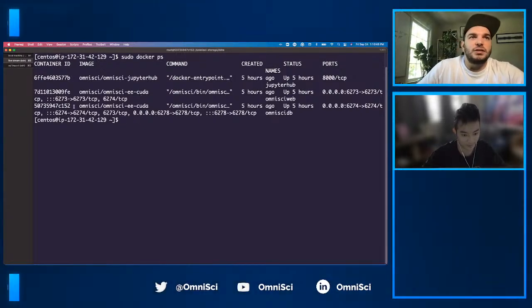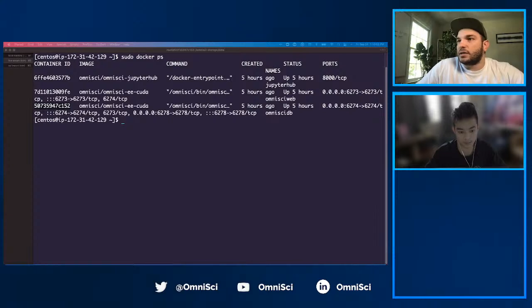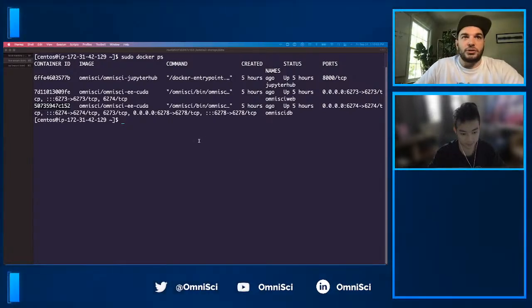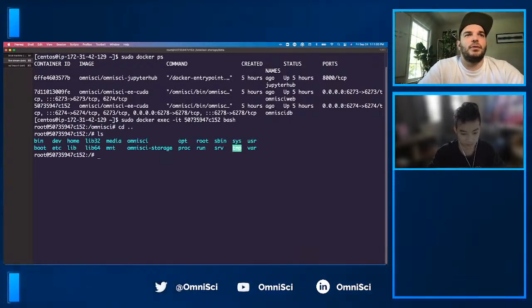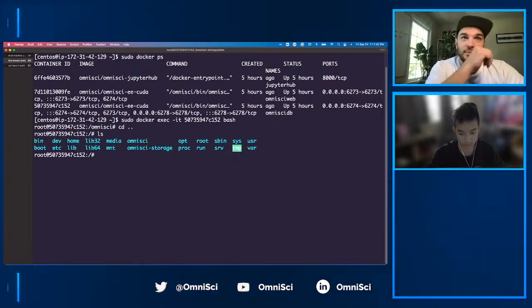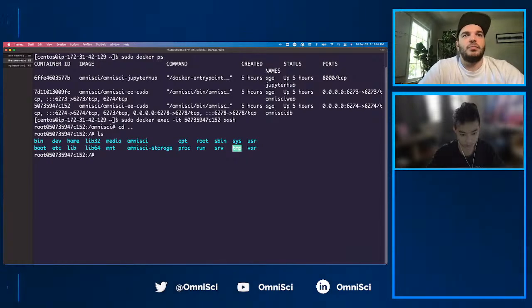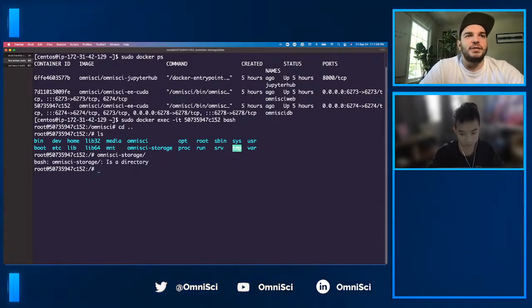So we're going to be using this container right here, this 507, and I'm going to go ahead and bash right into that instance. So once we're in, I can come up a directory, and you'll see this OmniSci storage directory here. And so if we come over to that OmniSci storage,